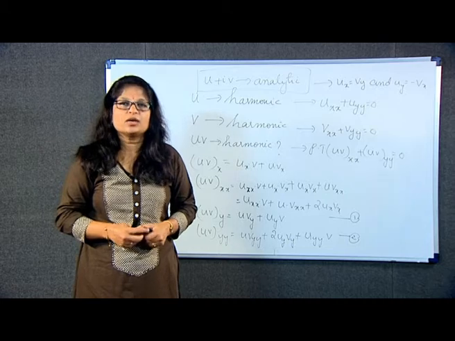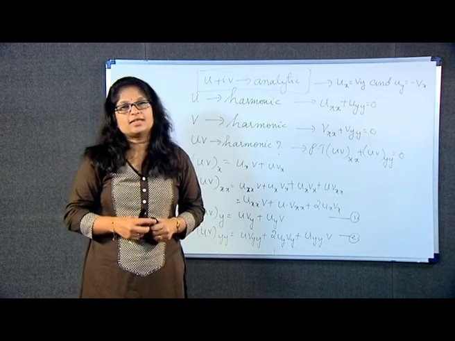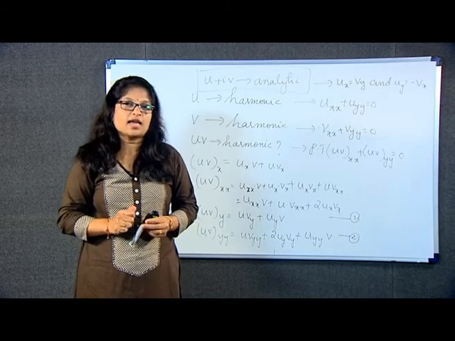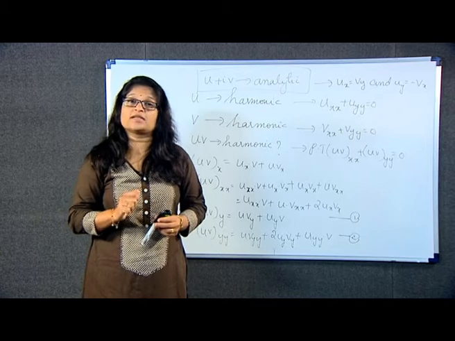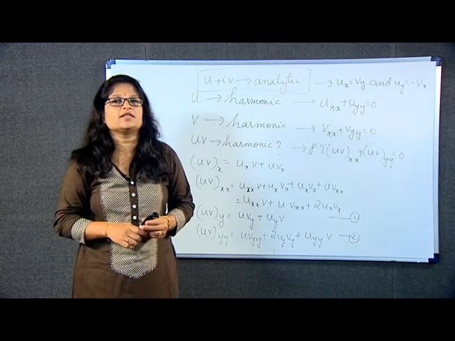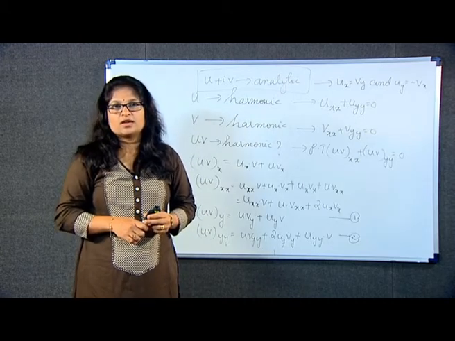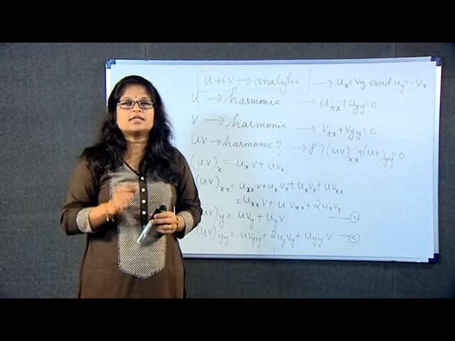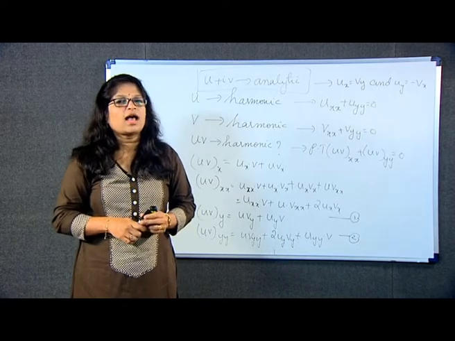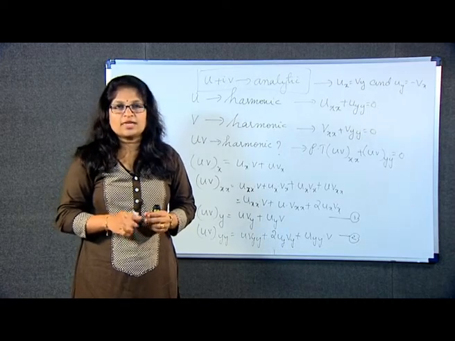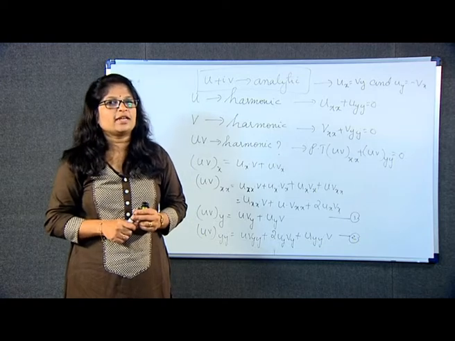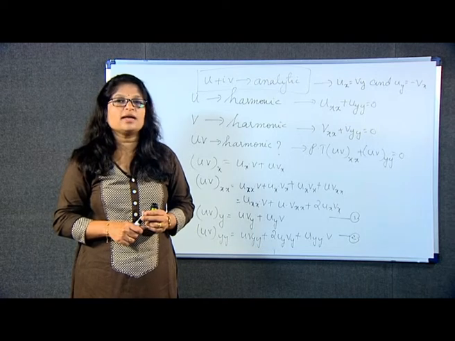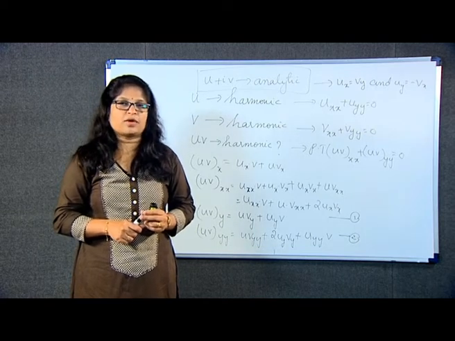So, let us quickly conclude what we have learned in this session. We have seen the case where the CR equations are satisfied and still the function is not differentiable at some points. This can clearly be explained by the definition of an analytic function, because analyticity is a little bit more than differentiability. If the function is analytic at a point, it has to be differentiable in the neighborhood of that point.